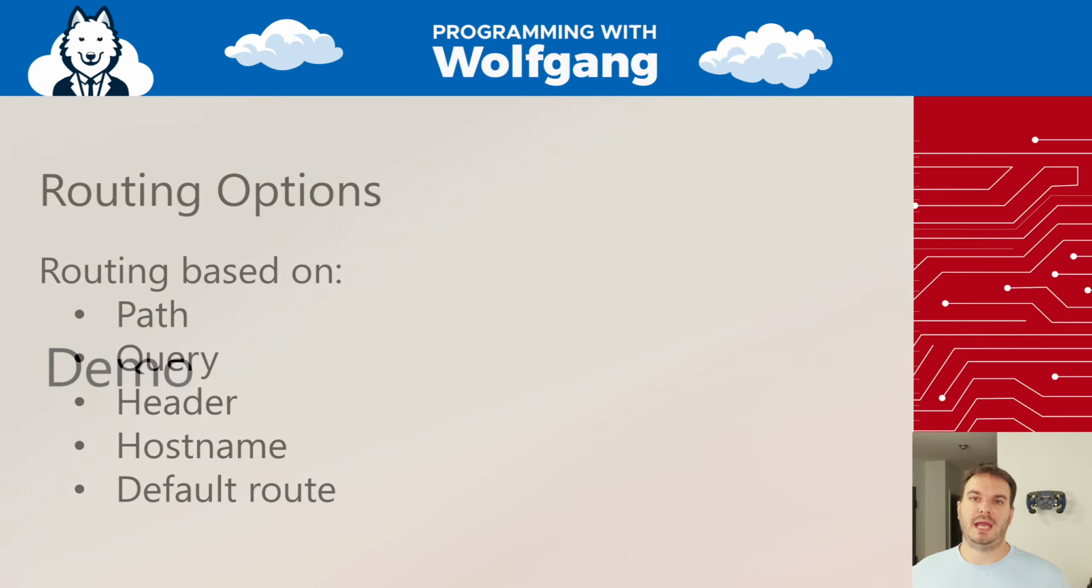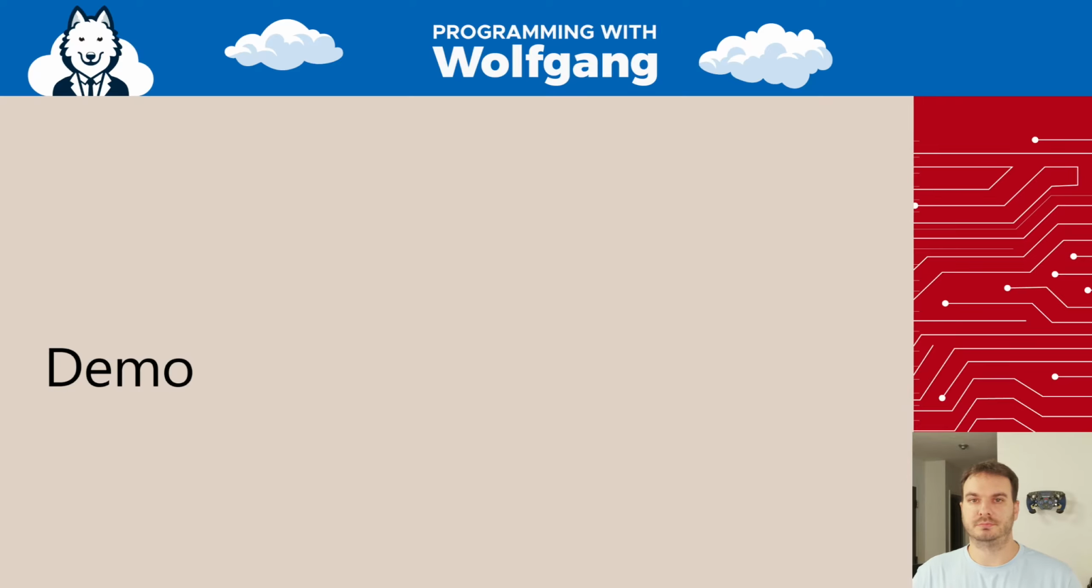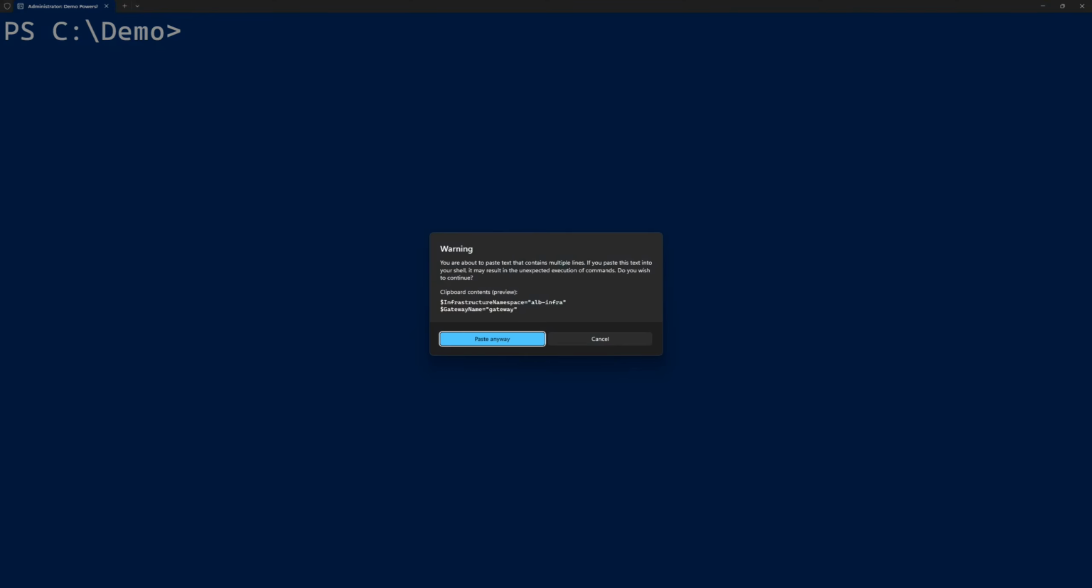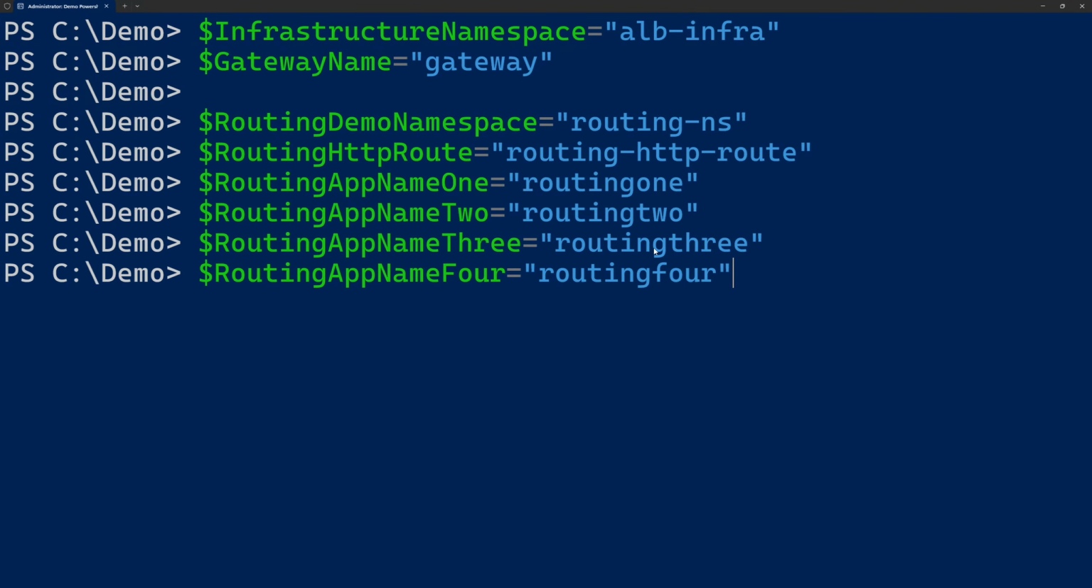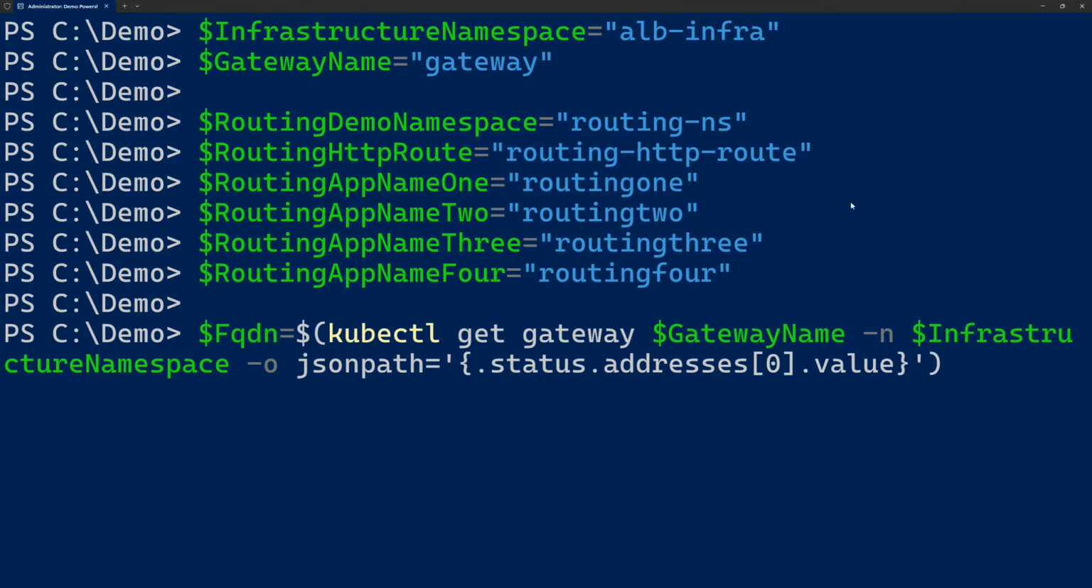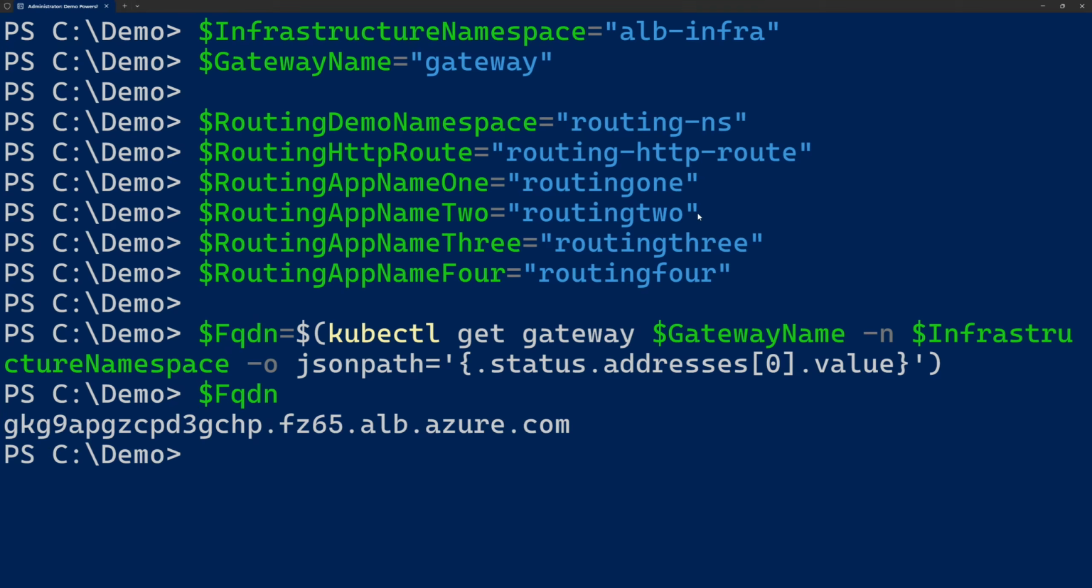Now let's switch over to the terminal and we are going to set up everything so you can see how it works. All right, here in the terminal, let's define a couple of variables. The first ones are the infrastructure namespace where the gateway is deployed and the name of the gateway. Then we have some information about the demo applications I want to deploy. I'm going to create a new namespace called routing NS. Then I have the routing HTTP route, and I have 4 applications. I just named them 1, 2, 3, 4 to keep it as simple as possible. Lastly, we're going to have our fully qualified domain name. That's the host name from the gateway. So if we paste this, it's this not very pretty looking